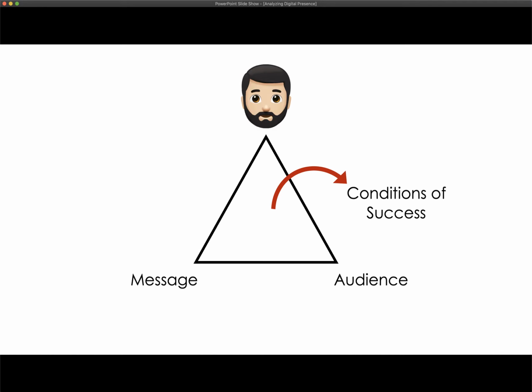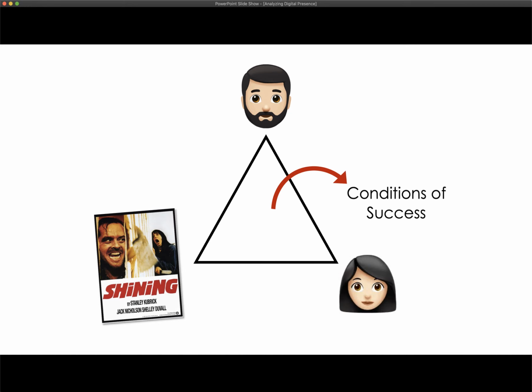Then I had that sentence where I said me, my wife, and the film. There was this long sentence where nothing happened. I need to carefully consider what I know of this rhetorical situation. In this case, I know my wife loves scary movies, so the conditions of success are very undemanding. That's two pretty long sentences with nothing happening. I didn't storyboard this, but now that I'm seeing it, I'm thinking that I need